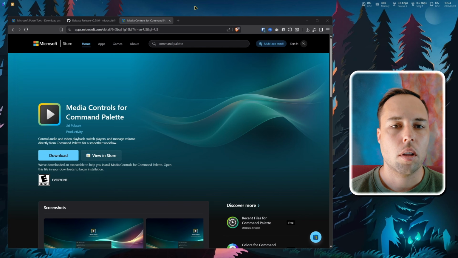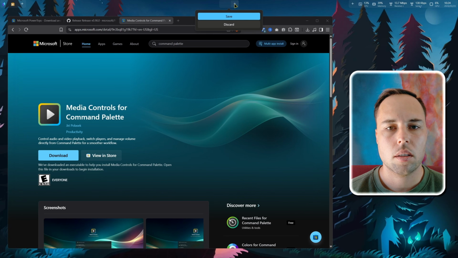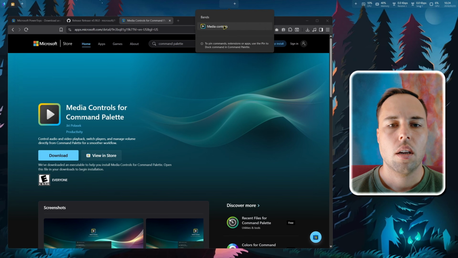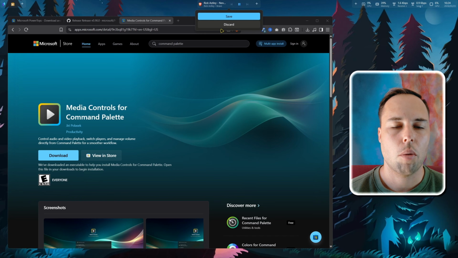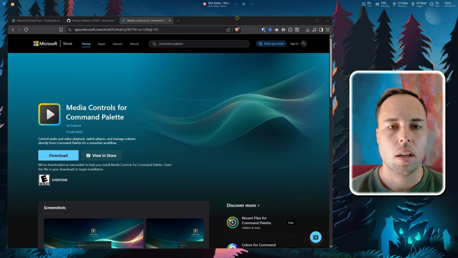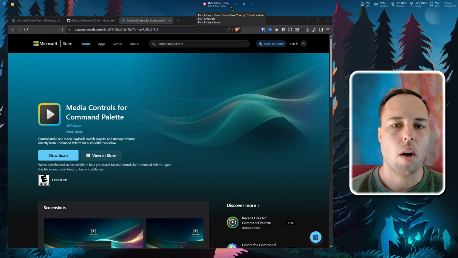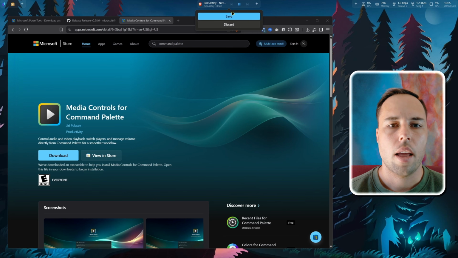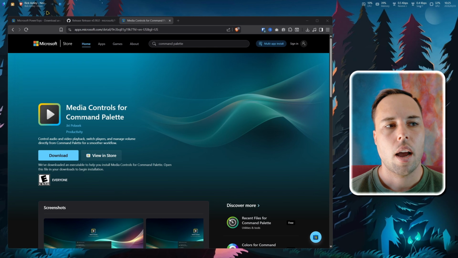Now you want to add this to the dock by right-clicking on the dock, then clicking on Edit Dock, and you get this plus sign here. If you click on that, you'll see the other stuff that you can add to the dock. For example, the media player that I just downloaded, and then you can just click on Save to save it. And now it's going to be on the command palette dock permanently, and I then have control over what's playing in the browser. And if you want to move it, you can right click on the dock again, you can edit it, and then you can just click on it and drag it over to another part of the dock, and then click on save, and it's going to be positioned where you want it to be positioned.